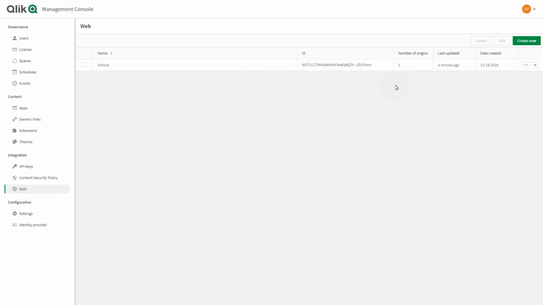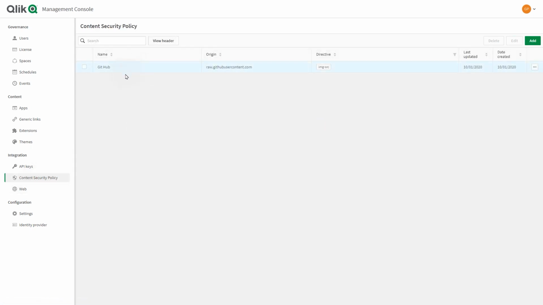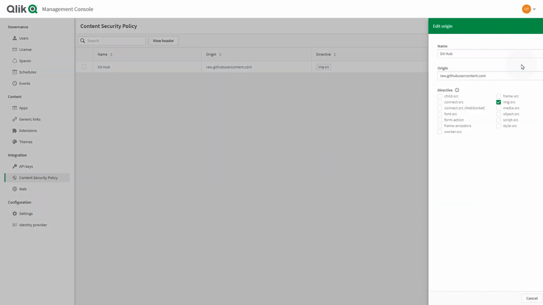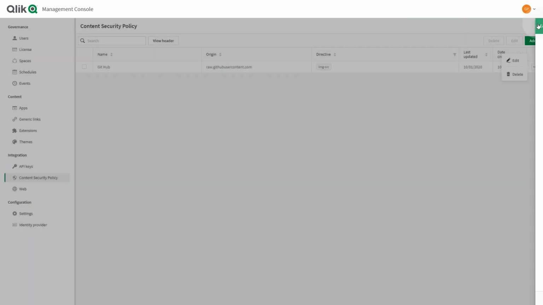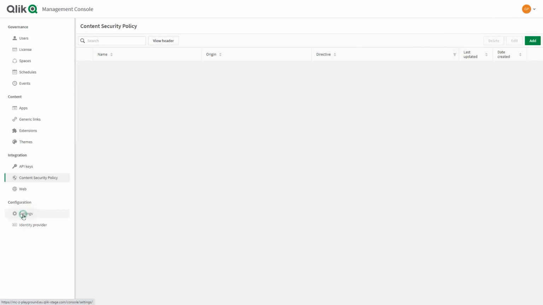When a web-integrated domain requests a connection with the tenant, for example, an embedded visualization, QlikSense checks the allow list of approved domains. The content security policy helps to detect and mitigate certain types of attacks, including cross-site scripting or XSS and data injection attacks. These attacks are used for everything from data theft and site defacement to distribution of malware.